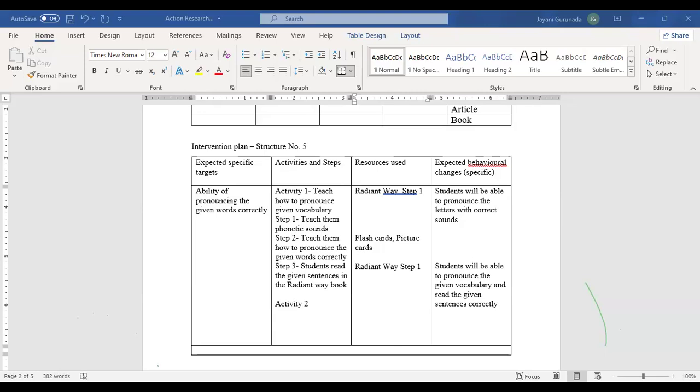Expected target, I'm Jayakala, madam. Ability to write correct letter formation for grade 3. Activities and steps. Activity 1: teach the students how to write the letter with